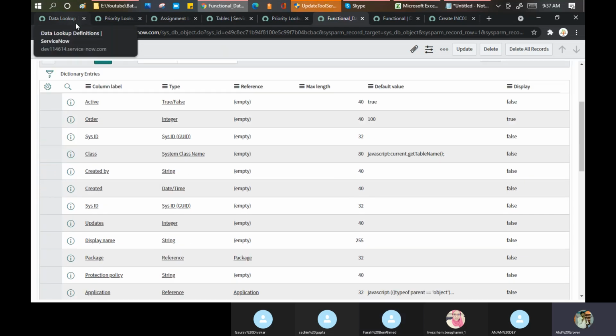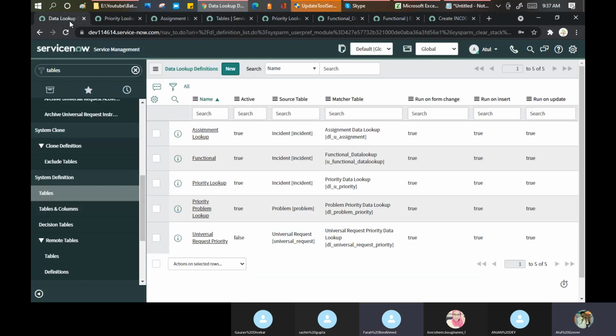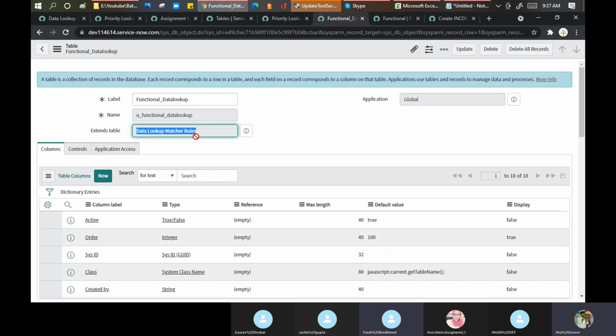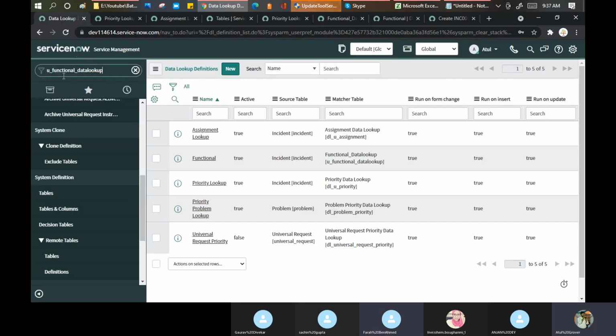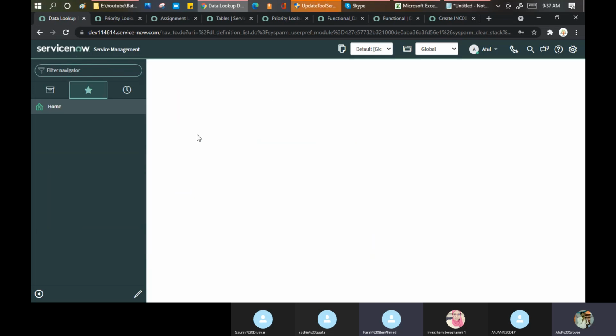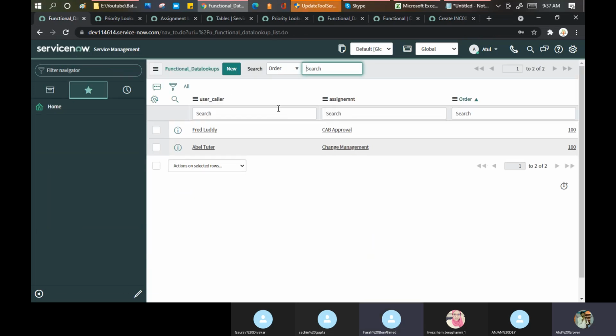Let's do one thing. Let's open this table once again. Where's my table? Sorry. So this one, right? Copy this. Let me change the assignment groups here.